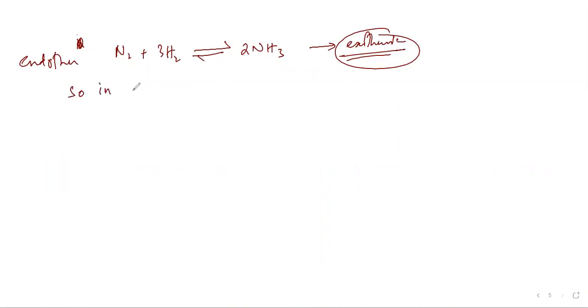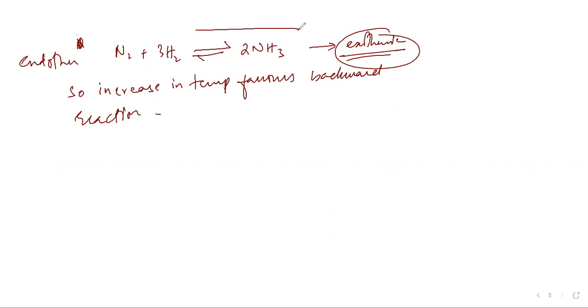So increase in temperature favors backward reaction, और अगर बैकवर्ड रिएक्शन फेवर हो रहा है तो more reactants will be obtained in the vessel, और जब रिएक्टेंट ज़्यादा होंगे then Kc value decreases।